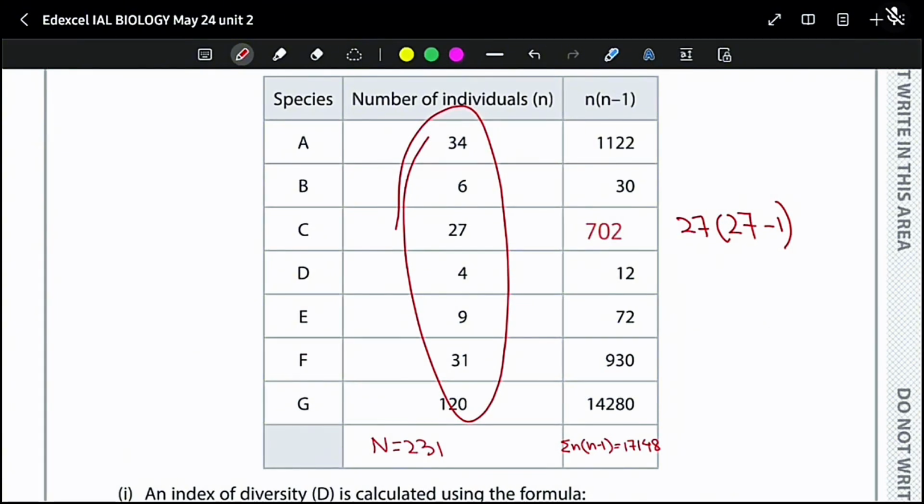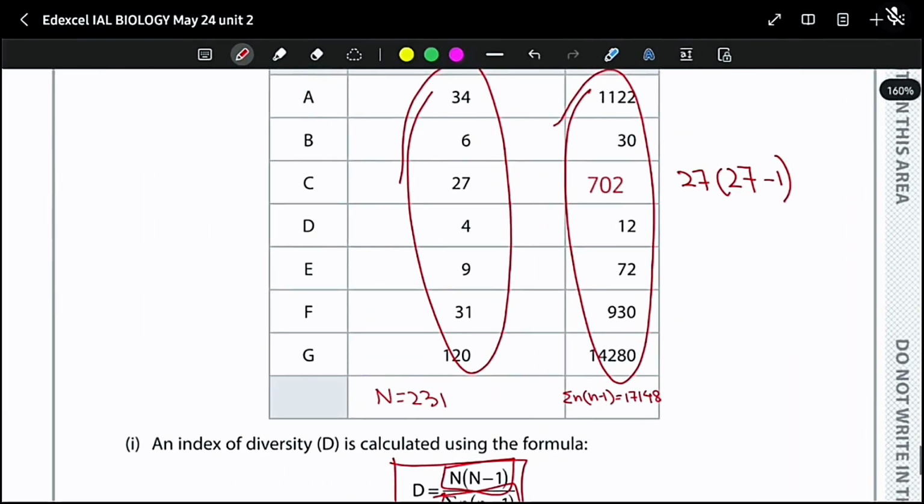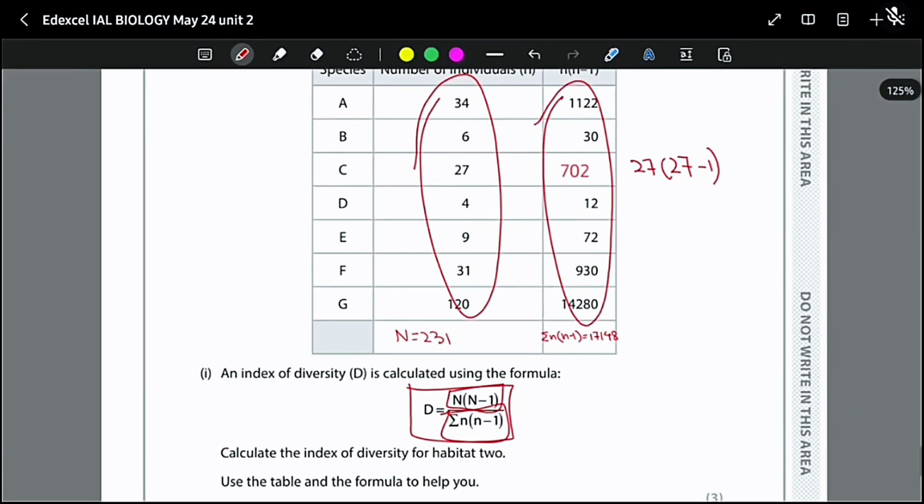On the right hand side, we can find the summation of small n, n minus 1 by adding all of these values. So we get small n, n minus 1 as 17,148 basically. So if we go to the question,